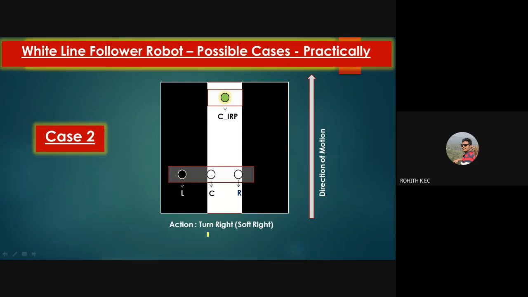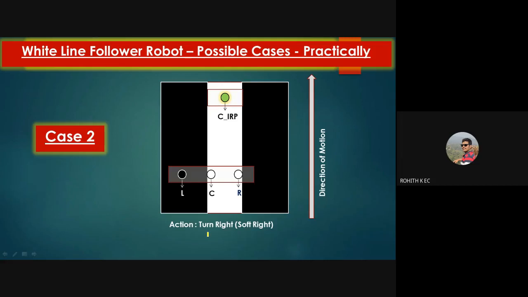L is black color. That means L should be greater than TH, isn't it? Write the condition. L is greater than TH and C is less than TH and R is also less than TH. Very good.